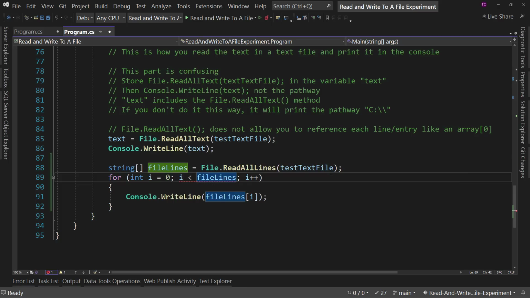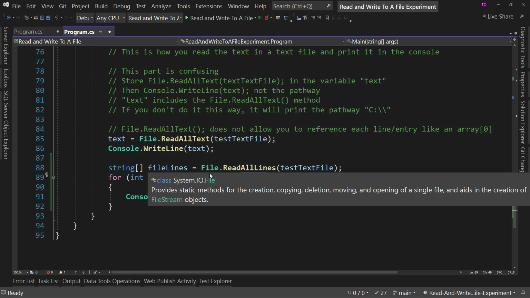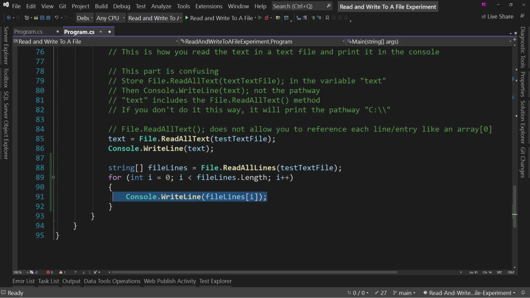Oh, file lines.length, sorry. I'm staring at this like, this does work. But you have to give the length. So what this does is it loops through and prints every line one at a time. So it will end up looking similar to this, but the difference is I can look at or evaluate one